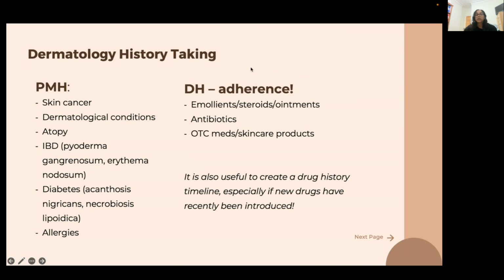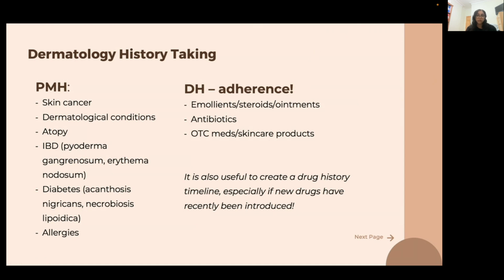In terms of things like creams, we want to know specifically what they are. Is it an emollient? Is it a steroid? Is it an ointment? We could ask if the patient has had any antibiotics, whether they completed the course. And for dermatology, it's quite important to ask about over-the-counter medications, or even skincare products as well, because they could